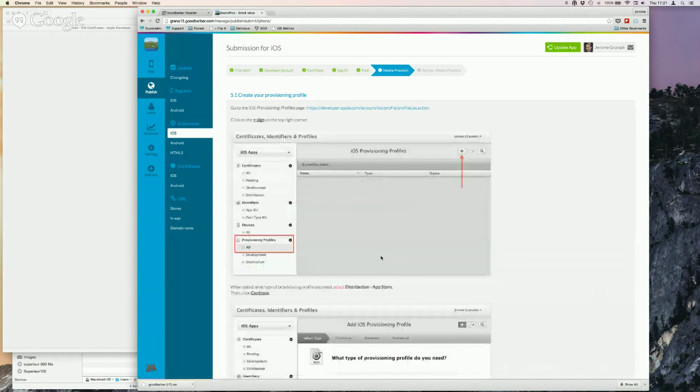Next step, mobile provision. So here we are going to make a profile that makes the link between your distribution certificate, your identity as a developer, and your app ID, the app you are going to build. At the end of this process, we will retrieve a file that contains the information that makes the link between your app and your ID as a developer. So the process is